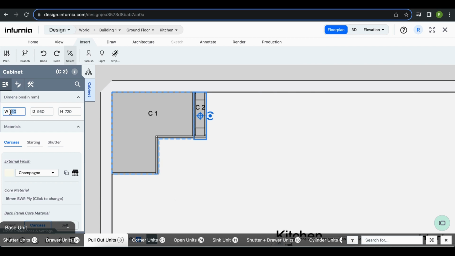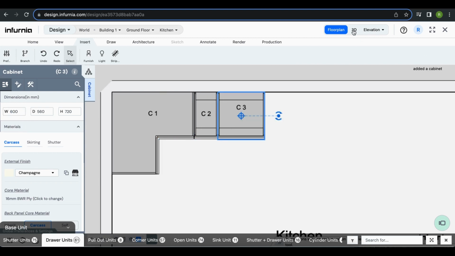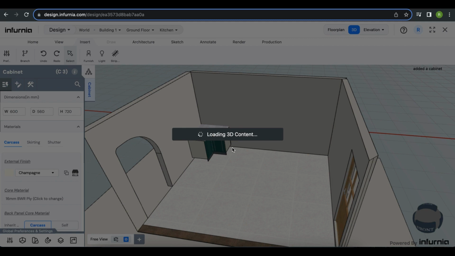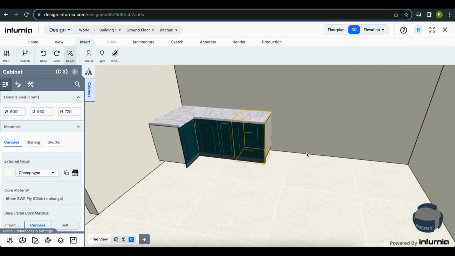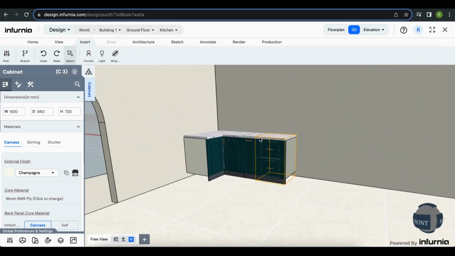If I want to change the width of the same, then you can select the cabinet, and you will get the option of changing the width in the design portal, wherein you can make changes to it. Let's say I'm making it a 300 mm unit. So you can see in 3D that these units are getting added in 3D as well. And you can also see that the shutter finish, the countertop skirting, everything has been added as per the preferences